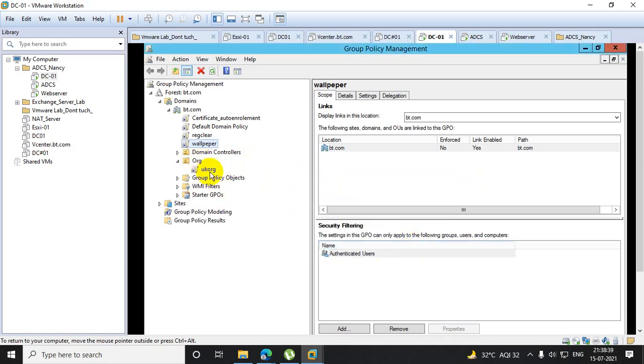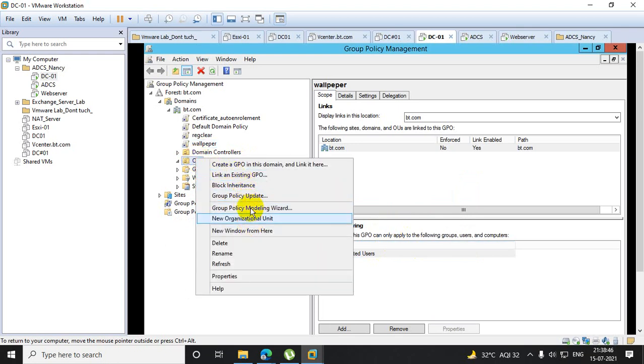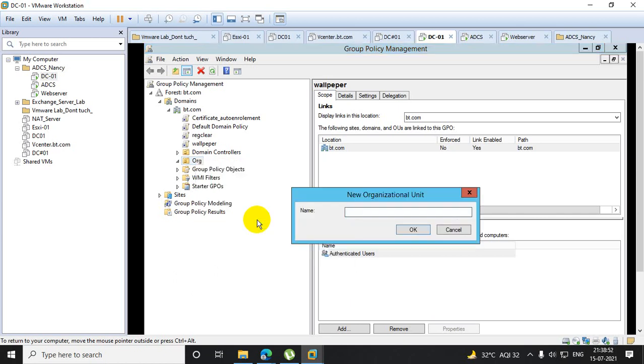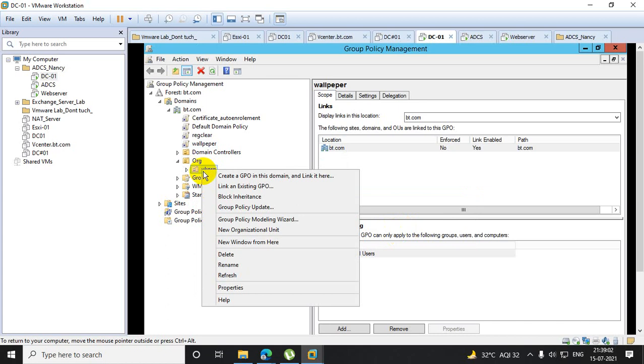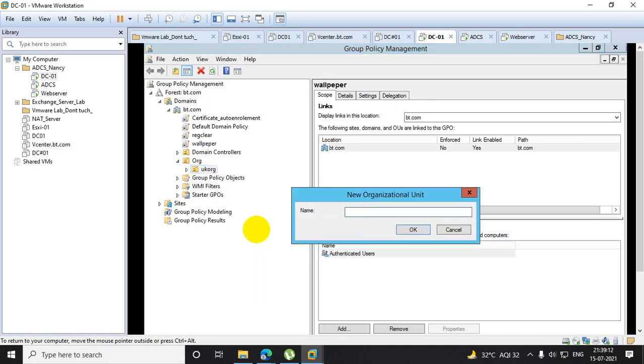Under this UK, oh my god, sorry, I have created a GPO. UK ORG. Now under this UK ORG you have another subchild OU, LK org.